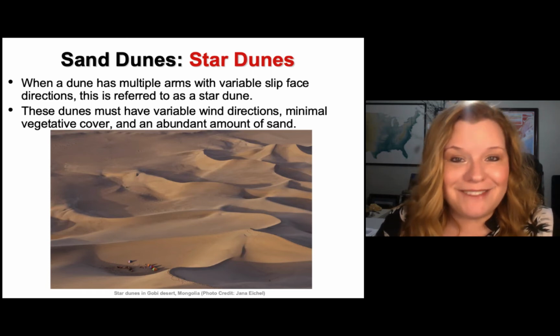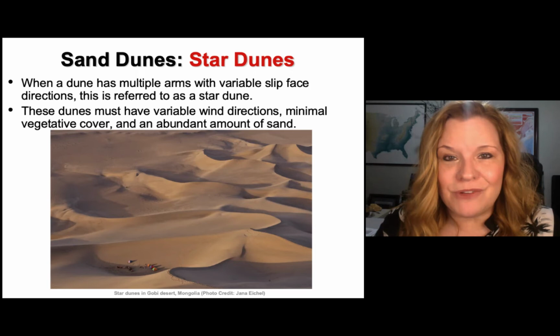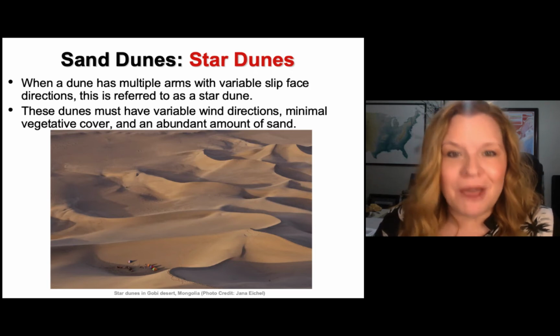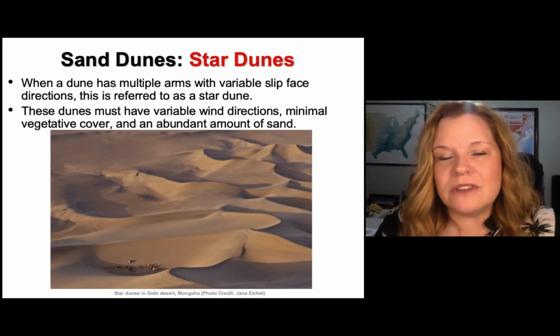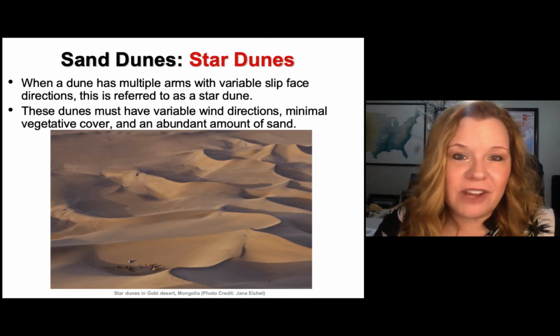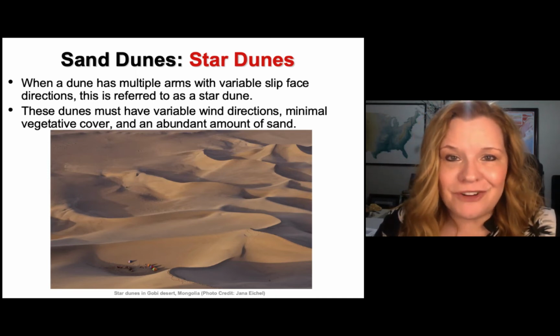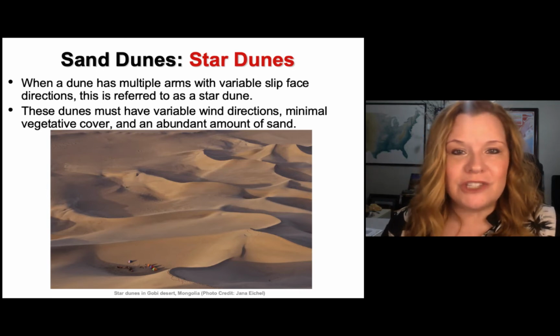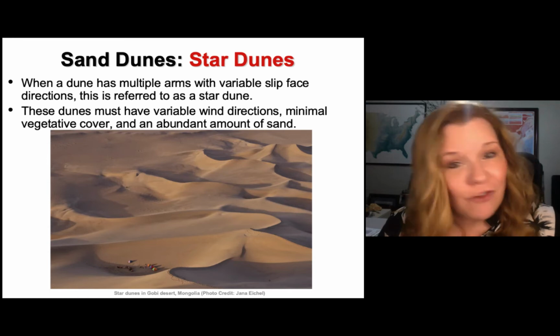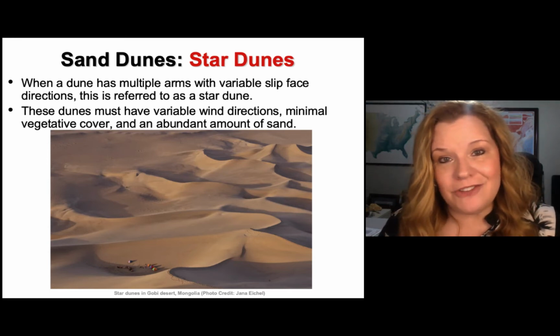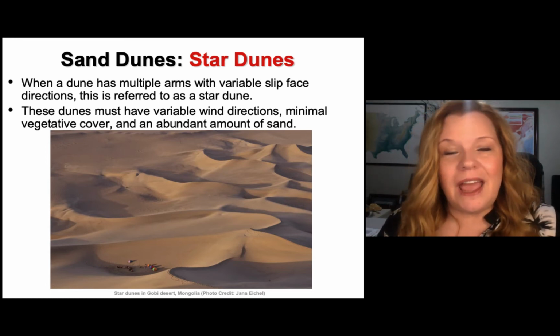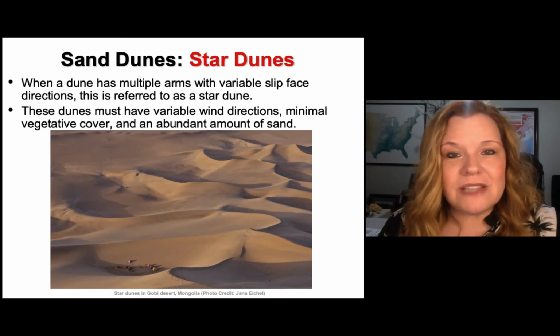These dunes are going to have an enormous source of sand. So you've got to have something that produces that sand, that weathers and erodes it. So there's got to be a mountain range somewhere that's doing that. Variable wind conditions and probably the least amount of vegetation of any of the various types of sand dune situations. So sand dunes are not everywhere. Not all deserts have a concentration of sand dunes. And that has to do with the weathering conditions and the bedrock.